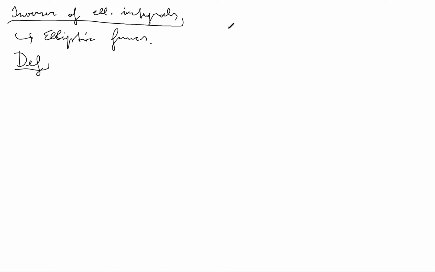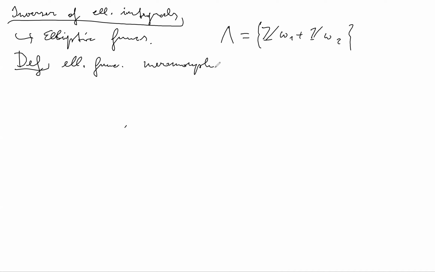So again, think of a lattice lambda, which is just Z omega 1 plus Z omega 2. Then an elliptic function for me is just going to be a meromorphic function f of z on C